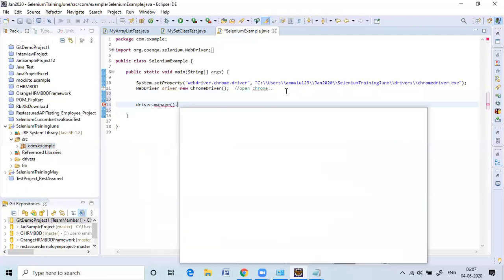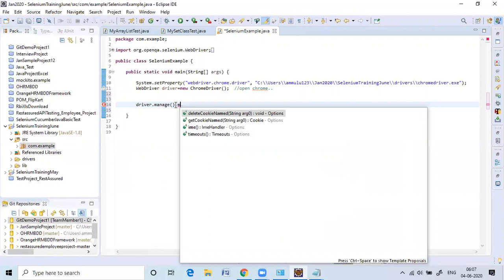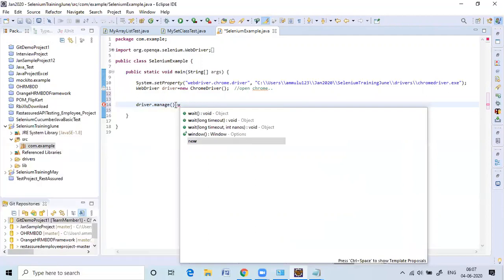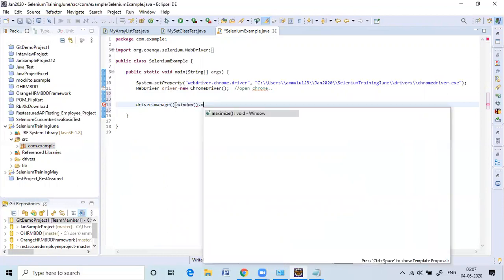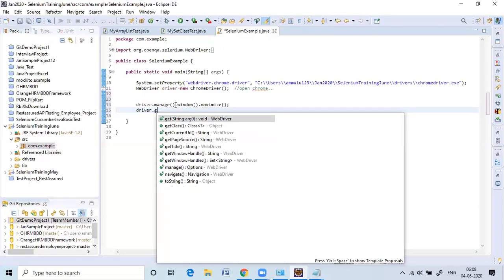Tomorrow I'll tell you what manage is and where I'm taking the methods from. So now driver dot manage dot window dot maximize, and driver dot get URL.